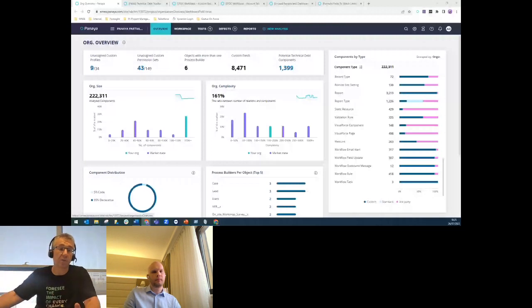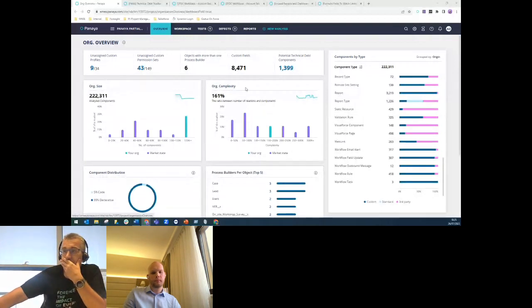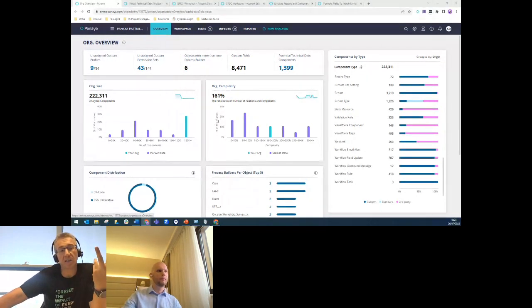So let me quickly start with some stuff that you can get after you use some of the paid tools. One of these tools is Panaya, and I'm the product manager of this tool. As you may see on this screen, in the org overview, you see very important things like org complexity. All those dashboards allow you to understand what org you're stepping into, right? You see the complexity of the org compared to the market, and you see the list of all the component types,